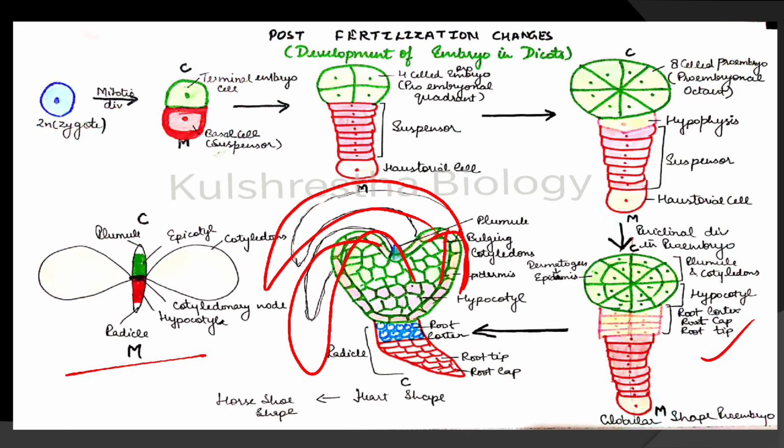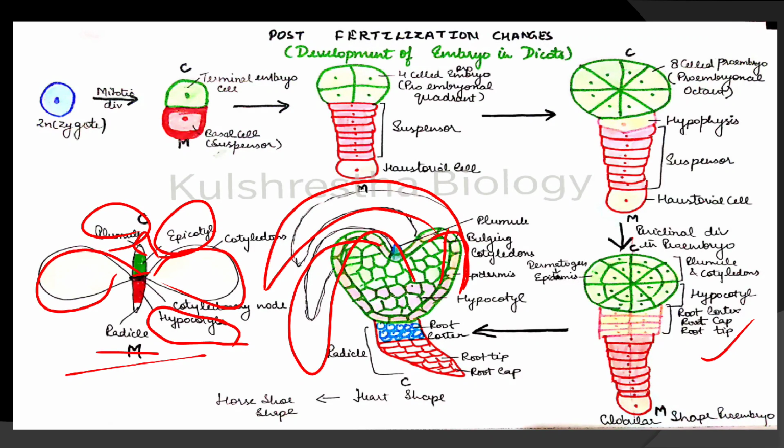This is a split open seed. These are the cotyledonary node. At the top you can see this is plumule part. In between plumule and cotyledonary node there is the epicotyl region, and here you can see hypocotyl region between the radicle and the cotyledonary node. Epicotyl and hypocotyl. Epicotyl enlarges the plumule and helps in the formation of shoot, whereas hypocotyl extends and helps in the formation of root. Okay guys, clear?